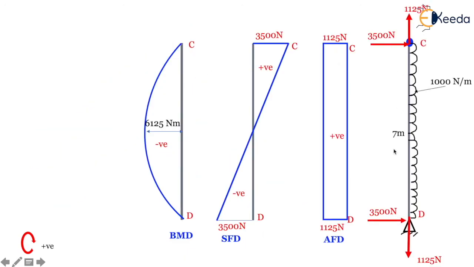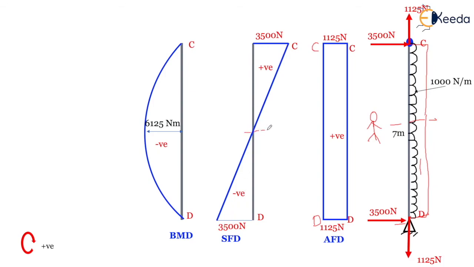So coming to the straight member, for this particular member, our axial force is in tension. Tension is positive, so we will draw this as a positive member. In that case I should ideally write my CD like this, because of this axial member our rectangle will become like this. So this is my member CD. Now for the shear force diagram, when a person is standing here, this 3500 goes up, and from the other side it goes down, so this is positive and this is negative. So the shear force diagram is positive and negative.